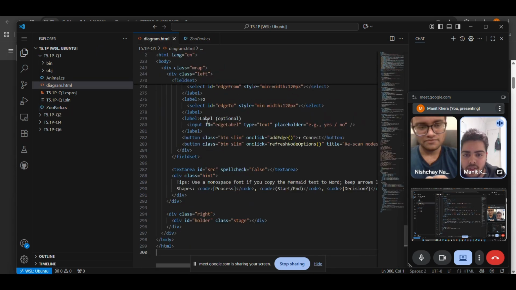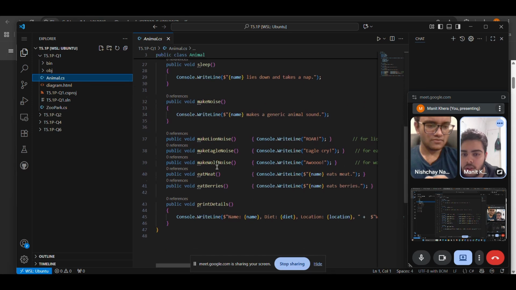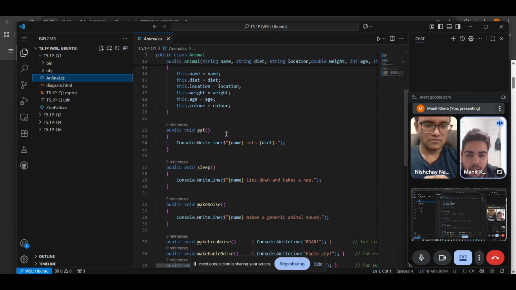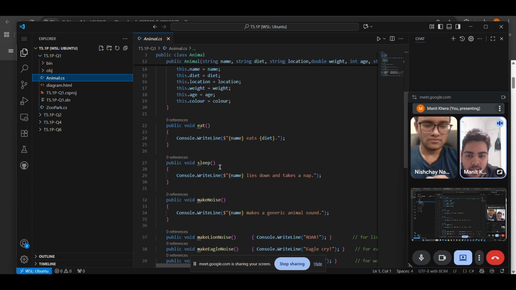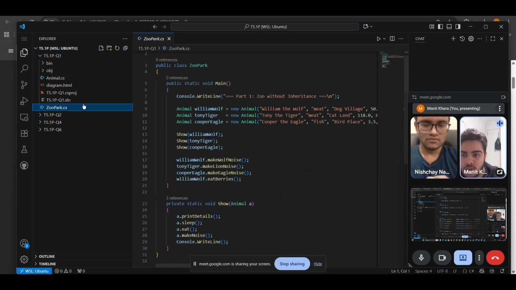So you can see here, right? This is an HTML file, my bad. You can see here, right? We made a method called eat, and then we made sleep, and then make noise, make lion noise, make eagle noise, make wolf noise, eat meat, eat berries. In the zoo park, when we create an object from this class,